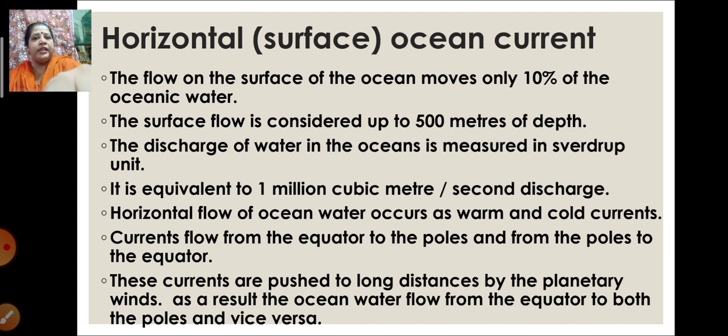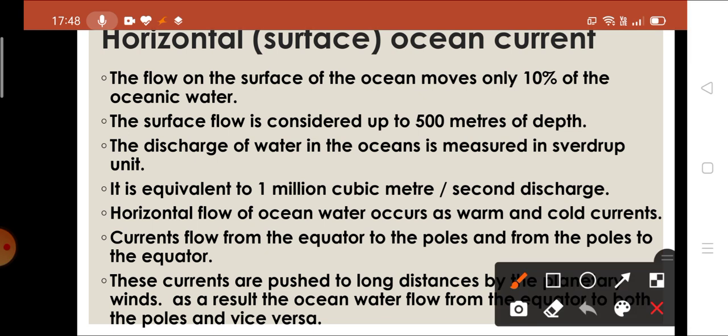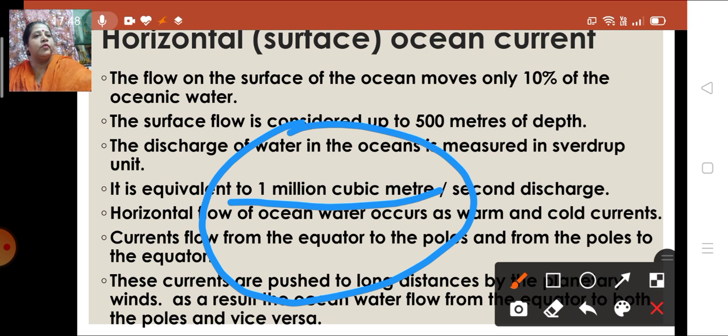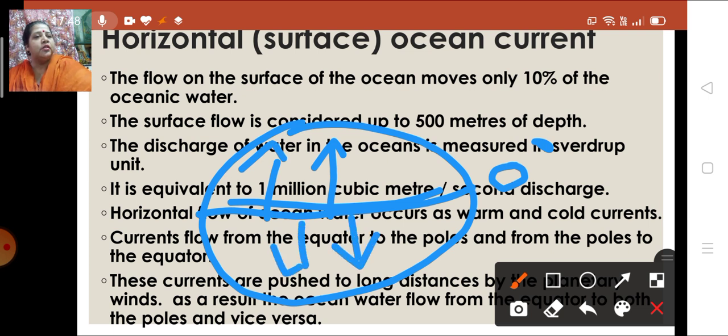Okay, now as you know, this is your equator, suppose 0 degree. So when the currents are moving, it should be in this position, correct? Or this position. This should be the position. But what is happening over here?